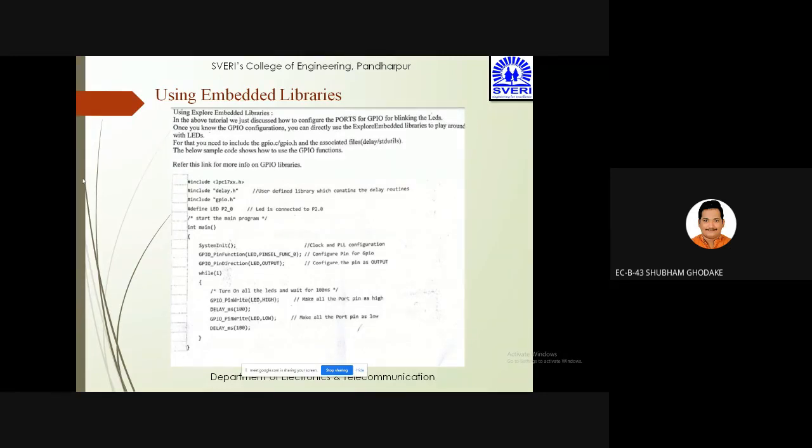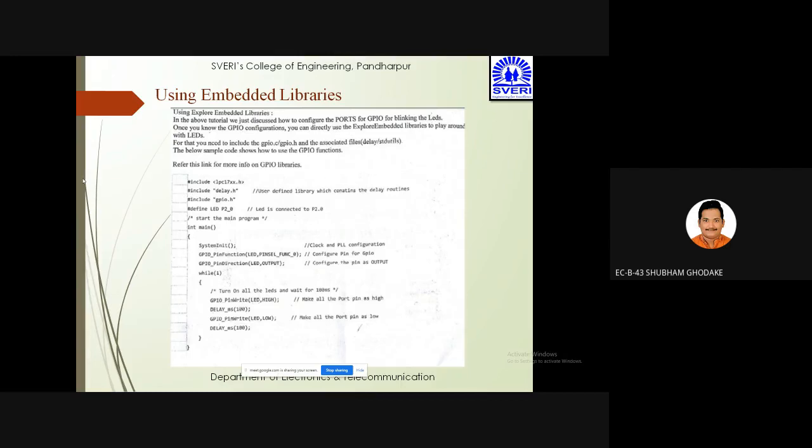एक बार हमने उसको GPIO का इस्तेमाल करना सीख लिया, उसके बाद आप एलईडी के साथ खेल सकते हो। जब चाहे तब ऑन करना, जिस जिस तरीके से ऑन ऑफ करना उस तरह से आप कर सकते हो। तो वो एम्बेडेड लाइब्रेरीज का इस्तेमाल करके आप डायरेक्टली कर सकते हो। तो ये फॉलोइंग जो कोड है वो कोड इसलिए लिखा है क्योंकि ये एम्बेडेड लाइब्रेरीज का इस्तेमाल करके आप डायरेक्टली उसके साथ खेल सकते हो, यानी कि एलईडीज